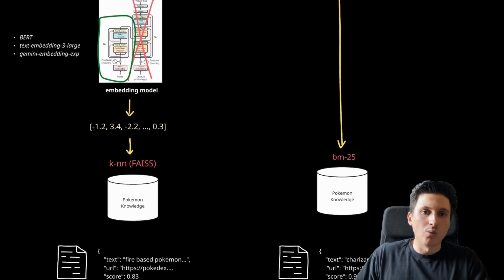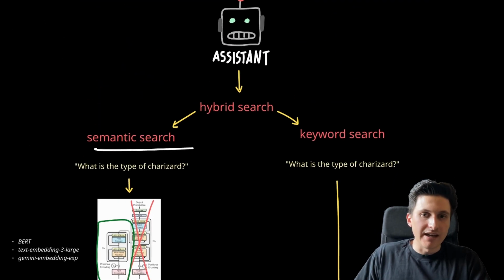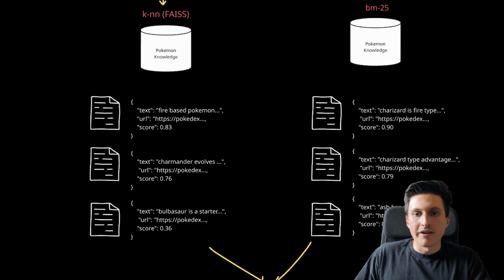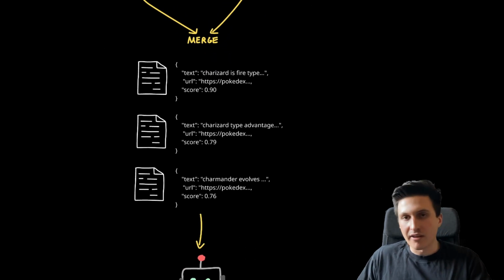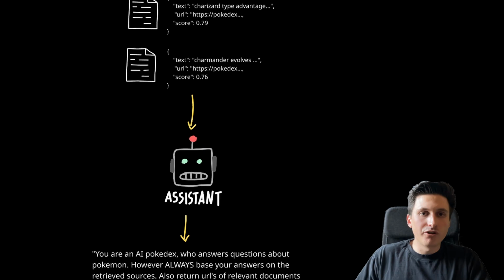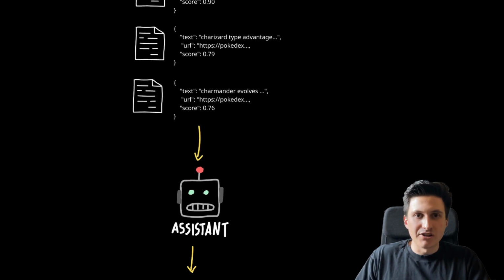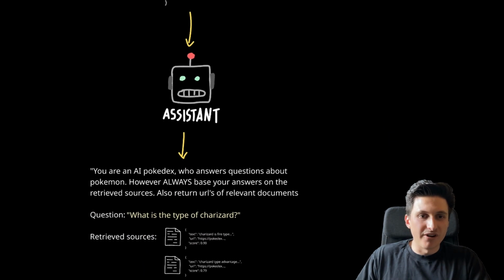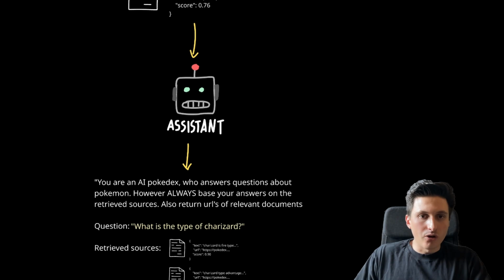And yeah, this works better than just using either or. So if you want to implement a RAG assistant, definitely look at hybrid search. So now that we have our documents which are relevant for answering what type Charizard is, you are going to